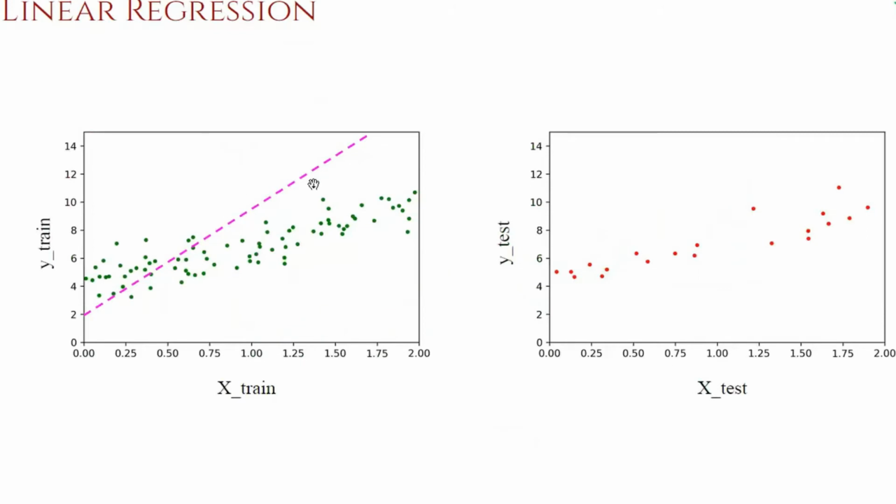We can ask whether this straight line best represents this data. If we look at it, it doesn't seem so, because in this region the straight line represents the data, but the other regions are not represented by this straight line. So the straight line doesn't seem to be a good representation of these data. What about this other straight line? It seems okay, but we feel there could have been another line that best represents the data, right? Because it is also missing a few of these data points.